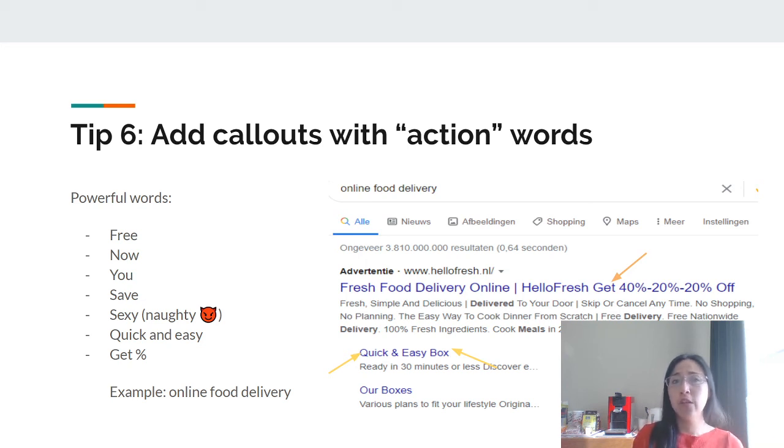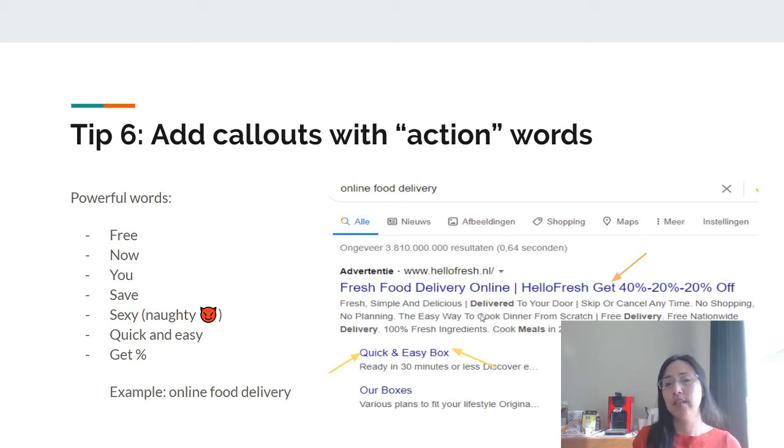Why not? If you have a business selling, for example, women's clothes, why not? Get 20% discount today and feel sexy with your new outfit. So you can play around with sexy words as long as they are in context, and you can make your ads perform even better.